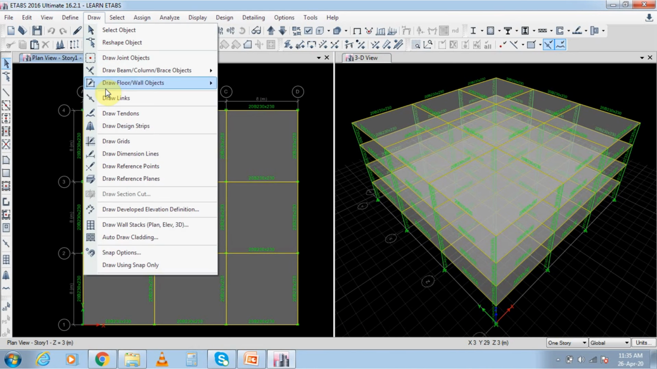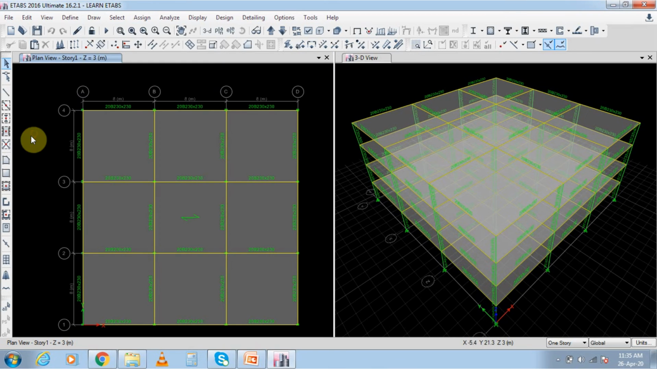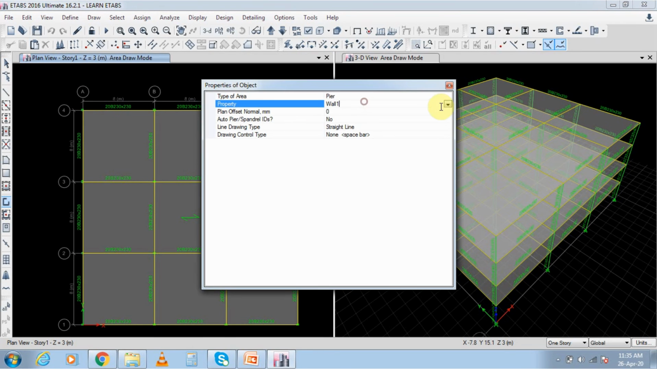Now go to Draw Floor or Wall Objects. In this, these are the shear wall commands. There are 3 commands. Outside, a shortcut is also given here. Let us click Draw Walls. In this, change the property to 300,